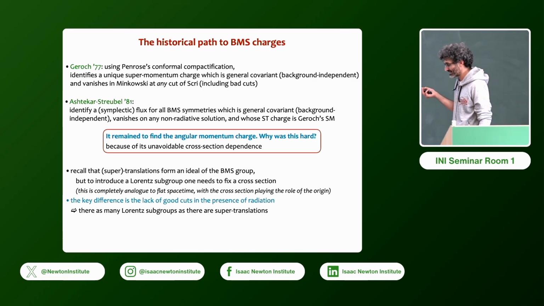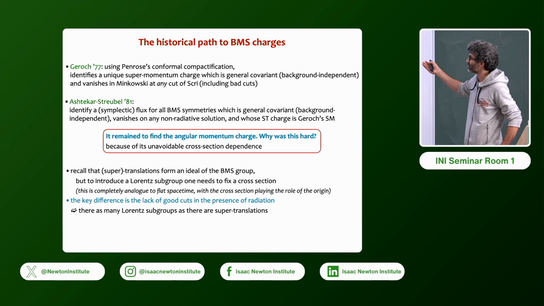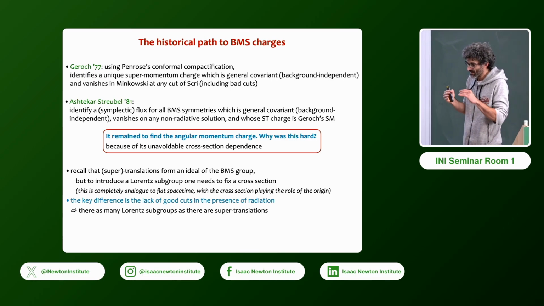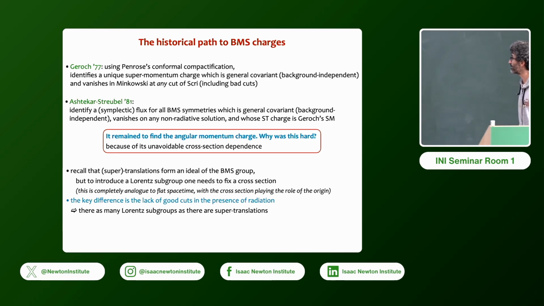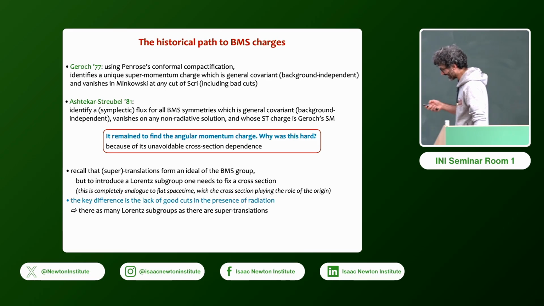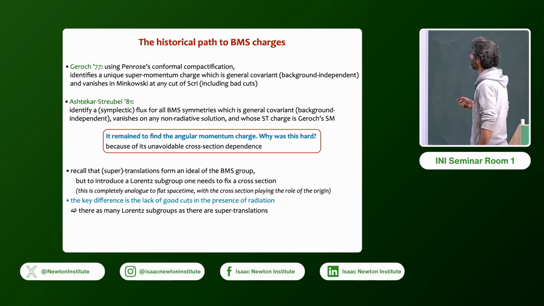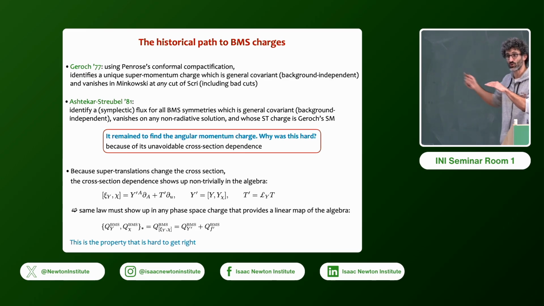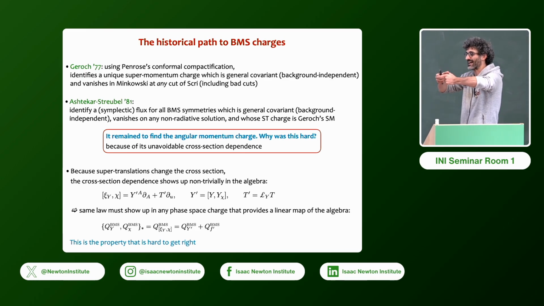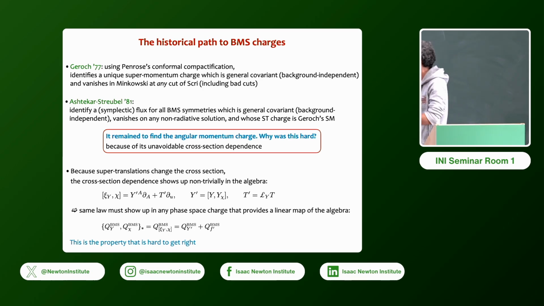But it gets worse because of the presence of gravitational radiation that forbids you from interpreting cuts of scri as coming from a point in the bulk. So that's what technically made it more complicated. And in particular, supertranslations furthermore change the cross-section, because you remember the drawing I made. You do a translation, you have a cut like this, goes into a cut like that, but you do a supertranslation, a cut like this goes into one of these shearing cuts, if the initial one was not shearing,